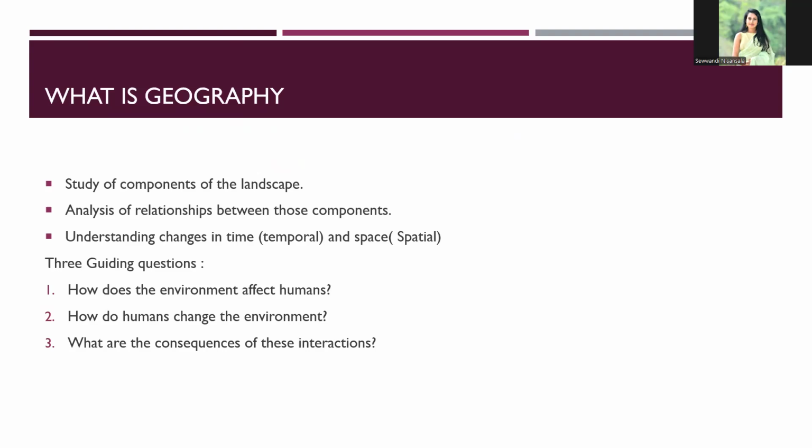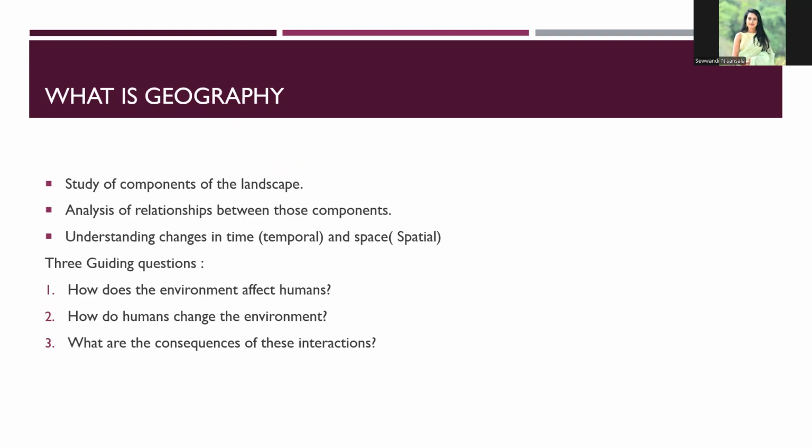Second question is, how do humans change the environment? Think of Colombo 50 years ago. It was full of wetlands and canals. Today, many have been filled to make way for housing and roads. The result: when heavy rains fall, water has nowhere to go, so we get flooding.